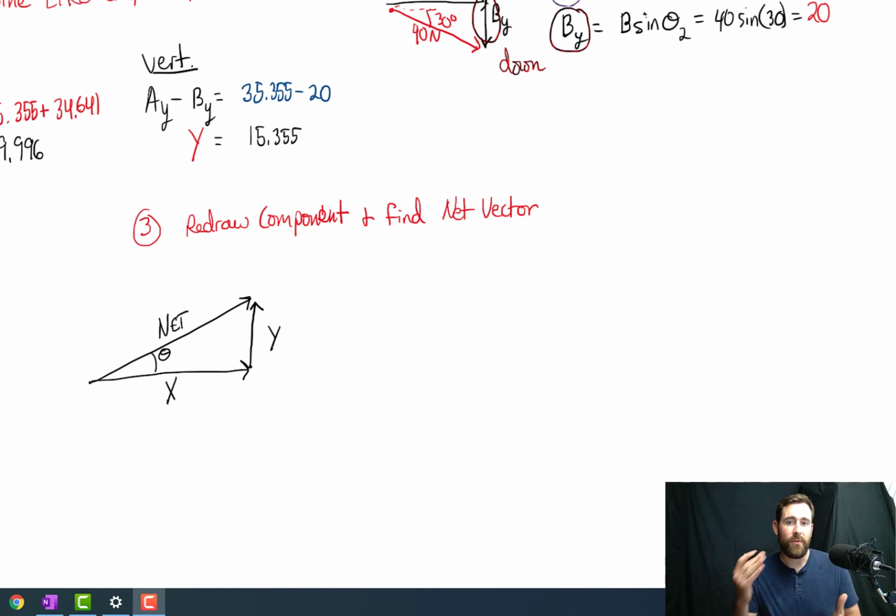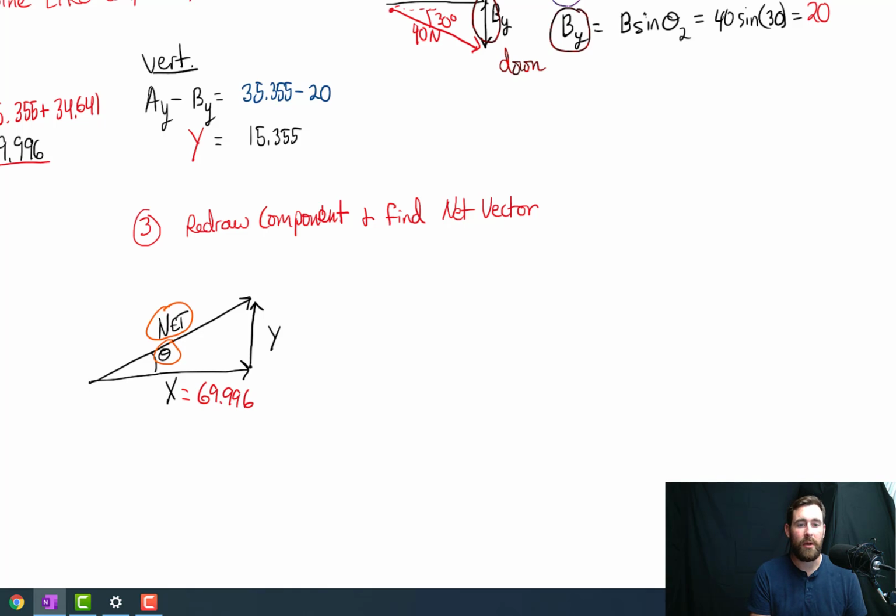All right, so I've redrawn my triangle with now X, Y, theta, and net. So again, we're very close to our final answer. We really want to know what net is going to be and what theta is going to be. Those are our two final pieces we need in order to figure out the total force on that boat. So the way we're going to do this is we're going to sub in our X and our Y, and now we're going to use the Pythagorean theorem and the inverse tangent function in order to find our values. So remember, X here was